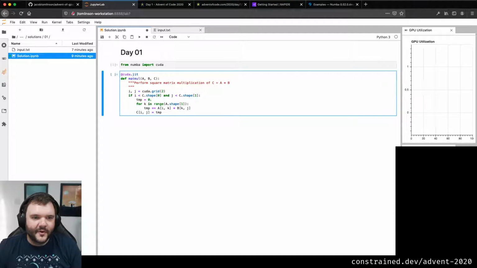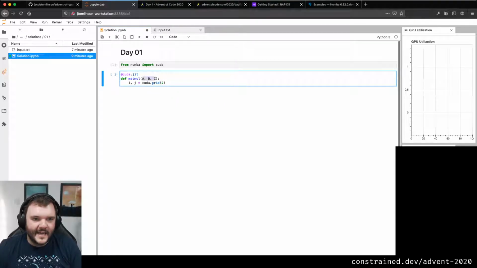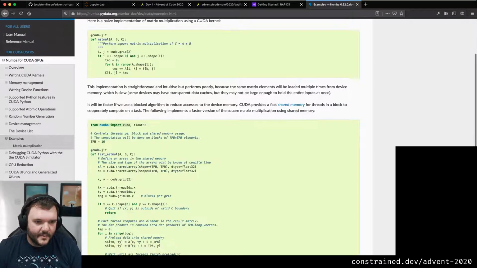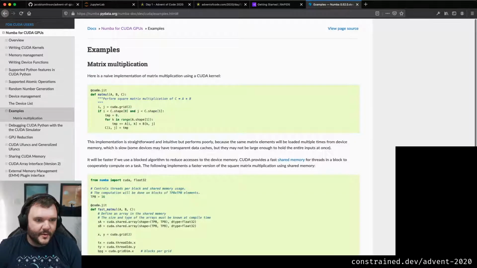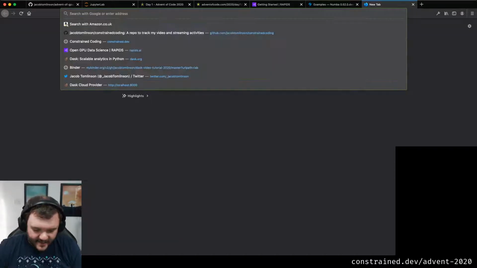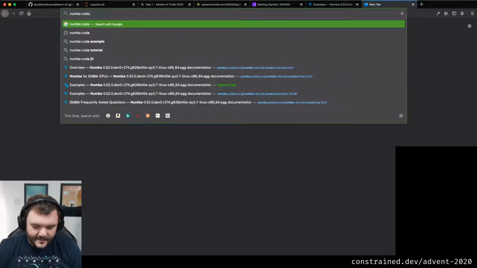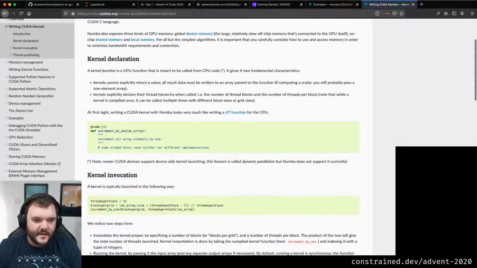I've got a function. Let's actually just delete most of this and that docstring as well. And we're going to take in something. Let's have a look at what I'm trying to do. That example isn't quite what I was aiming for. Let's come and have a Google of this. Let's just have Numba CUDA example. What's something really basic? Yeah, okay.